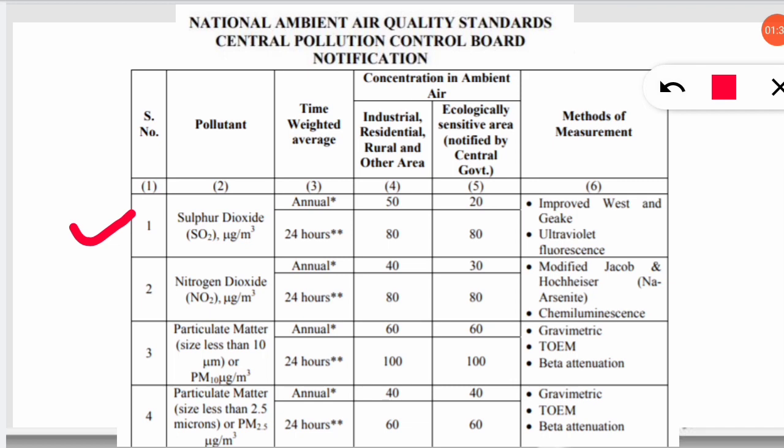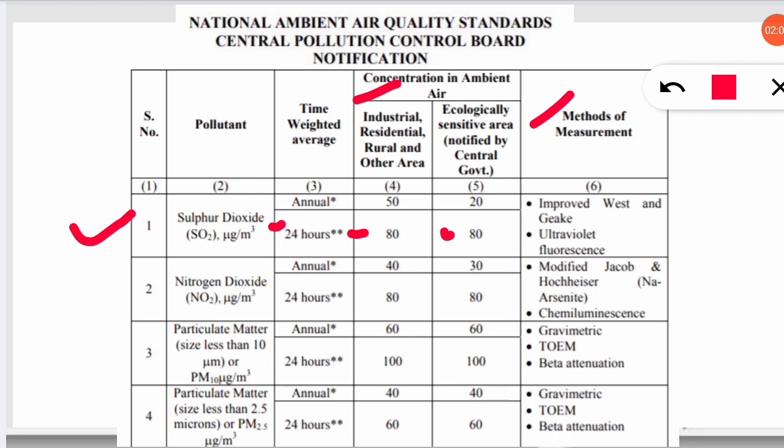So you have to remember all these things, and here also you have to remember for industrial, residential and rural and other areas, a different value is given, and for ecological sensitive areas the value is different. For example, for sulfur dioxide, if you're considering 24 hours, then 80 microgram per meter cube will be for the industrial, residential, rural and other areas,